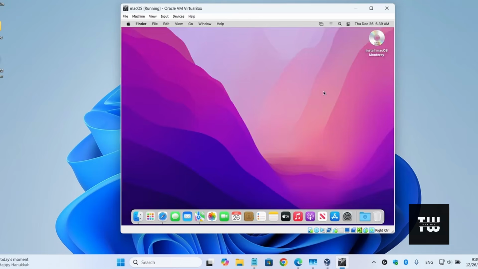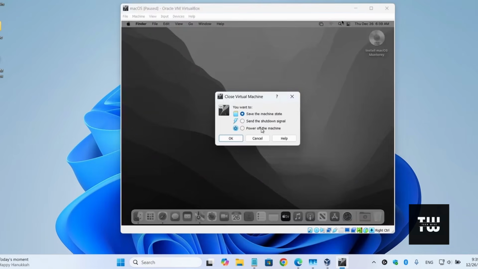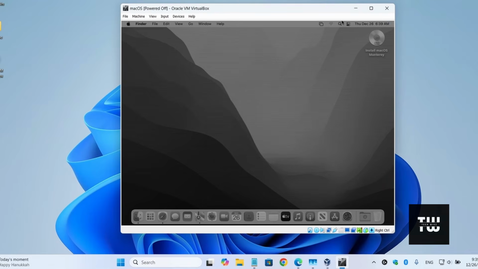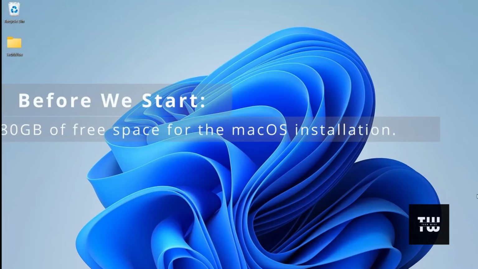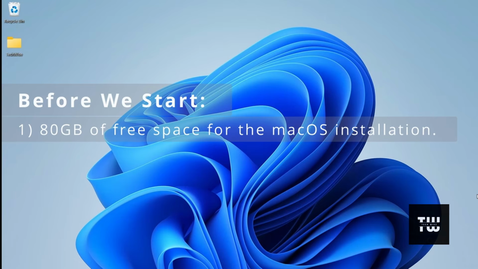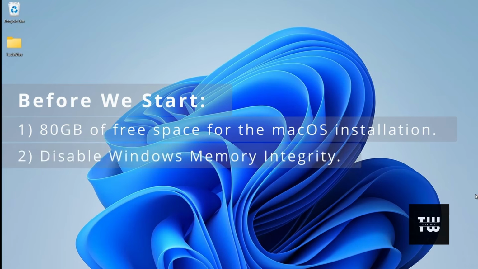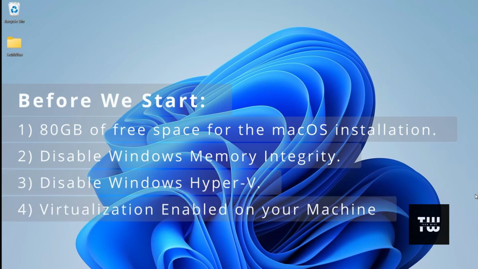Welcome back everyone. In this video, I'll show you how to install macOS Monterey on your Windows 11 or Windows 10 PC using a virtual machine. So let's get started. Before we get started, make sure you have at least 80 GB of free space for the macOS installation. You need to disable the Windows memory integrity during installation and disable Windows Hyper-V, and make sure